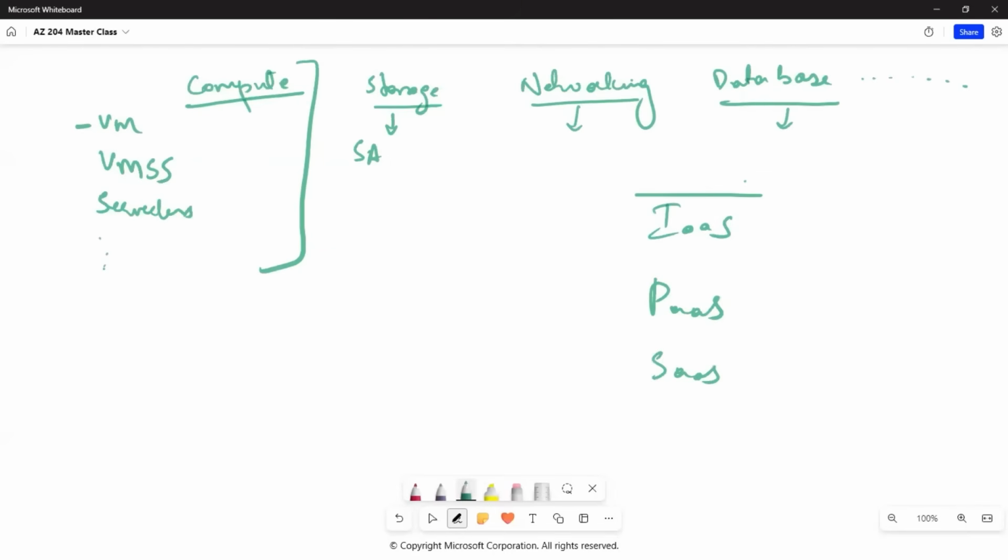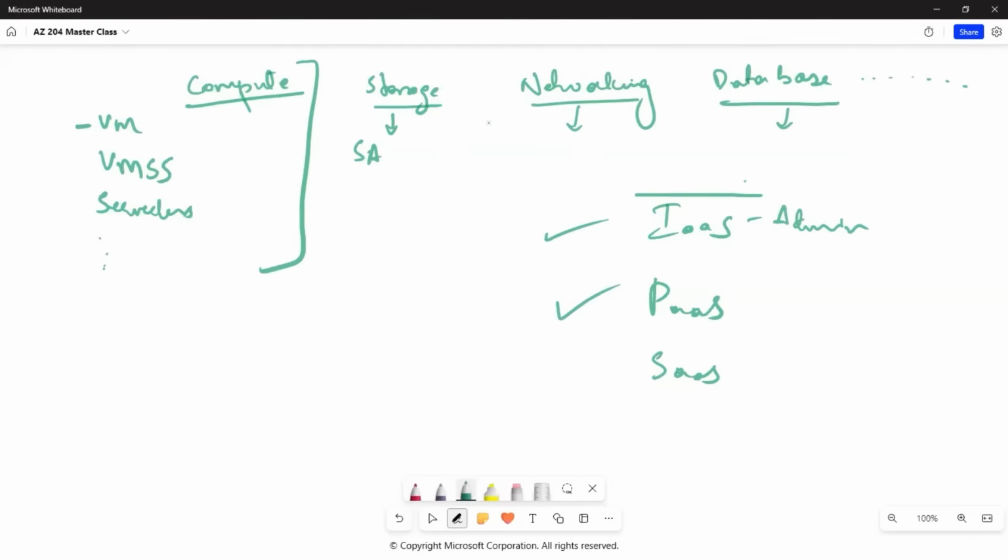So what is infrastructure as a service, right? If you are someone who is interested more in the administrator part, you can actually go for infrastructure as a service. If you're someone who likes to work with the black console screen, you can go with infrastructure as a service, right? It's for administrative purpose, admin purpose. Then we have platform as a service, right?